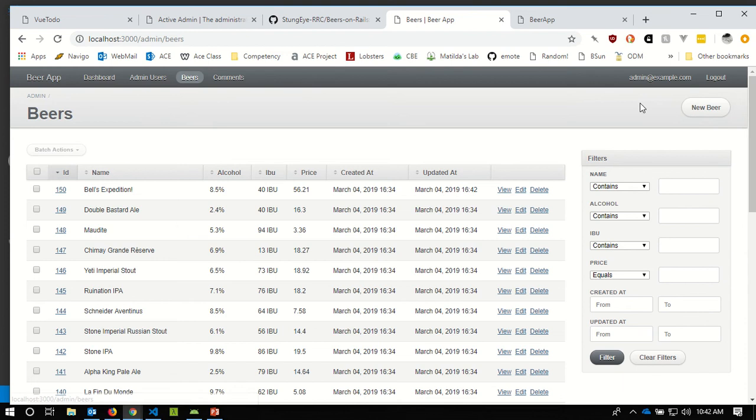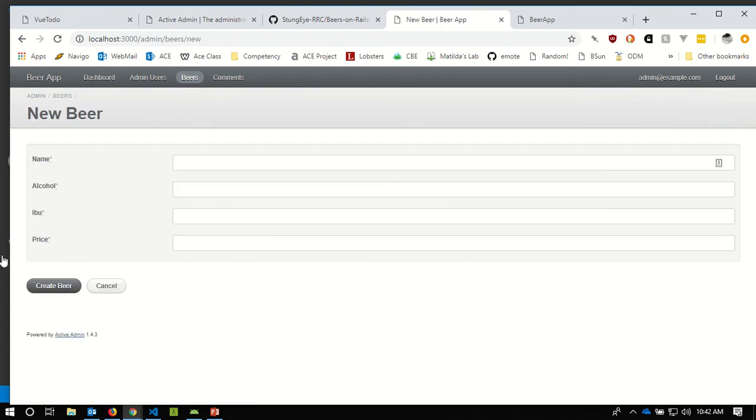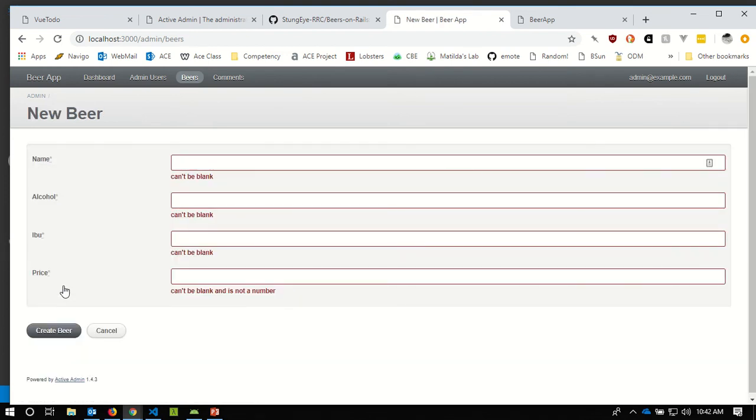We can also create new beers. If I try to click create beer on its own, ActiveAdmin knows about all of our validations, and it provides nice validation warnings. Name can't be blank, alcohol can't be blank, and it's not a number. So it's pulling in the fact that my beers model had presence validations on everything and a numericality validation on price. So it knows about and can make use of our validations. And then I can create my beer here,